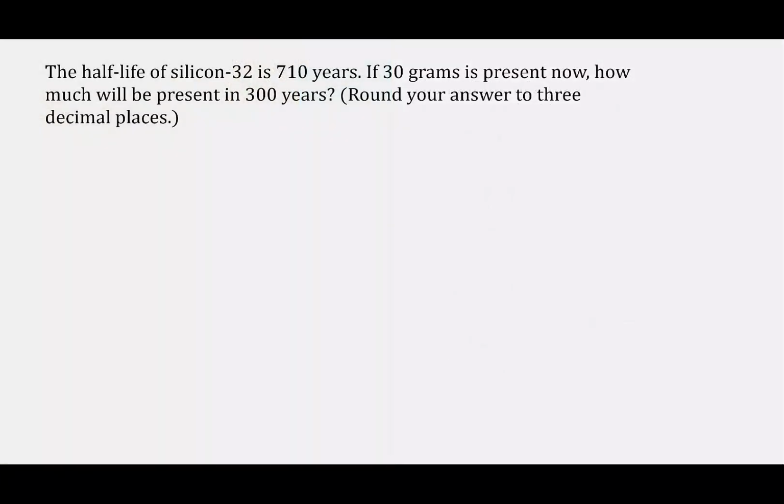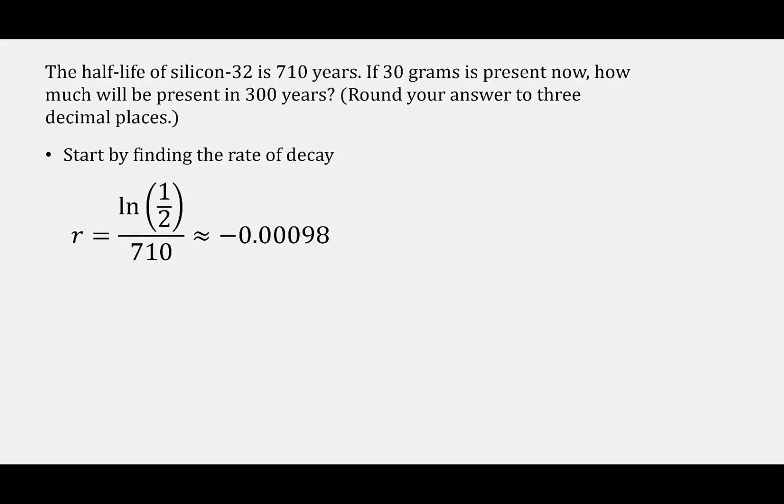Our next problem says the half-life of silicon-32 is 710 years. If 30 grams is present now, how much will be present in 300 years? Round your answer to 3 decimal places. The 32 attached to the silicon is part of the name of the substance we're looking at. You don't use the 32 in the problem. We start by finding our rate of decay. This is equal to the natural log of a half over our half-life of 710 years. That comes out to about negative